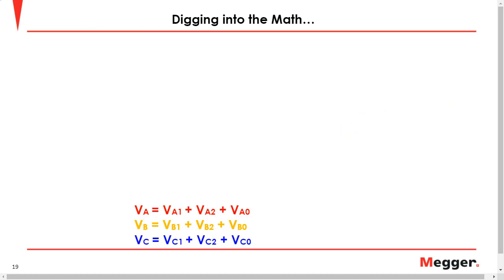So now let's look at the math here, and we see the equations down here. This is just the mathematical representation of the graphics that we just showed. Our VA is equal to VA1, which is our positive sequence, plus VA2, our negative sequence, plus VA0, which is our zero sequence,